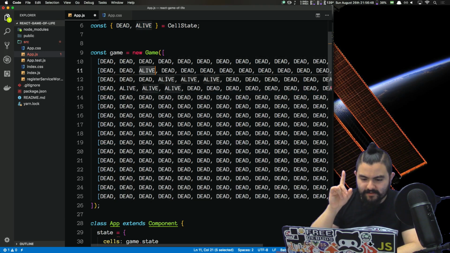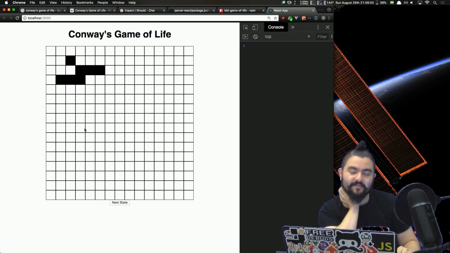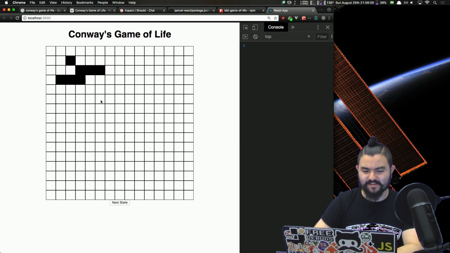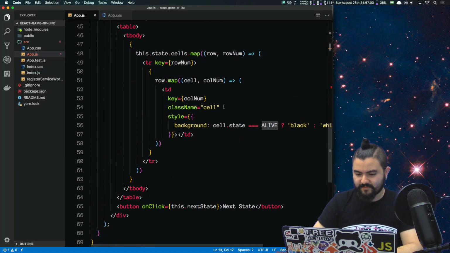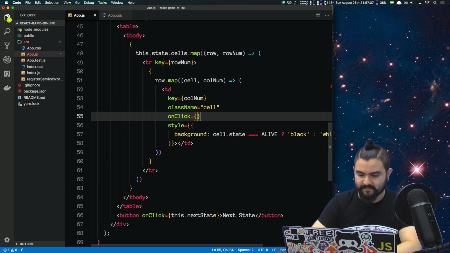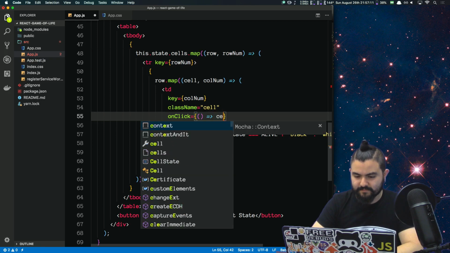You know what? Let's do this. Let's make it so that when we click a cell, we actually set the state of that cell, like we'll flip the state. That way we can just click and create our own state. So on click, let's say